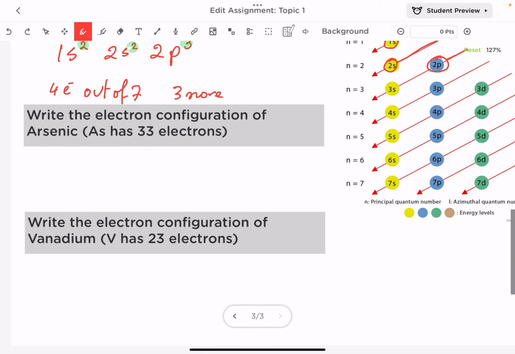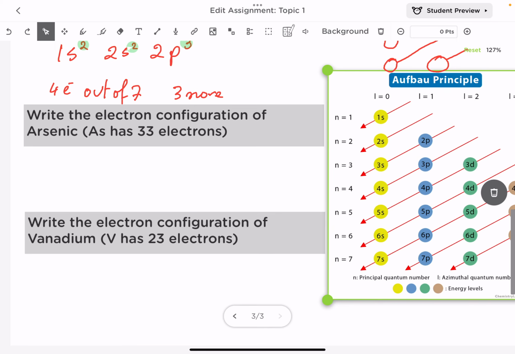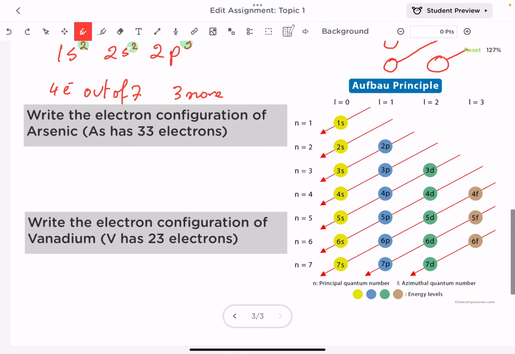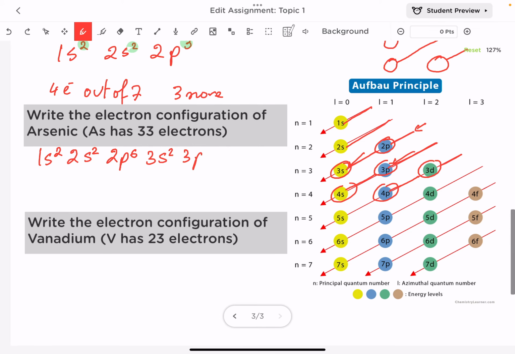Another example, arsenic with 33 electrons. So let's start following the Aufbau principle diagram. So I have 33 electrons, so I'm gonna move on and fill the electrons in order until I reach almost here. I will start counting to see if I reach 33 or no. So 1s2, 2s2, I follow the arrows, now I'm here, 2p6, now I'm here, 3s2, next is 3p6, next is 4s2,